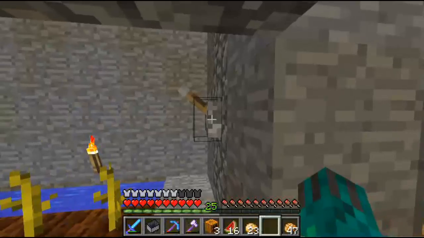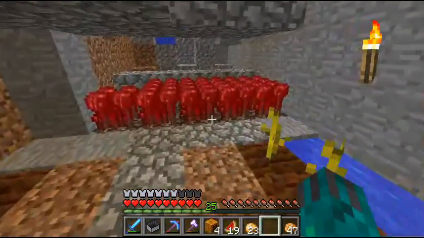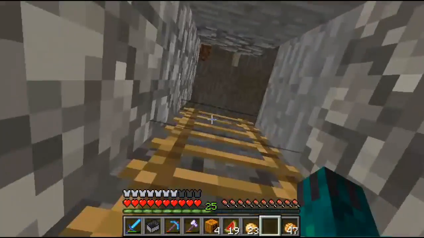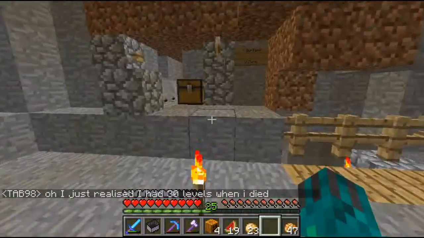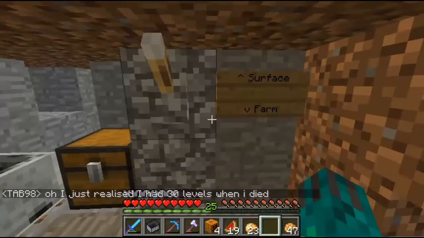And I did a quick little piston setup to harvest this stuff. Not exactly automated, but it's kind of handy. So that's my 3-tiered farm. It's been very useful to me so far. What else? Oh, I did also set up a fast travel system back to my portal for a change, and